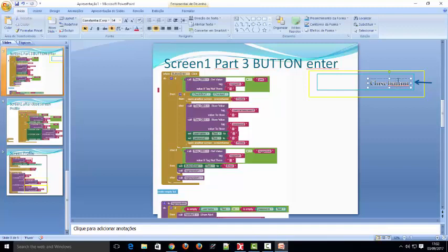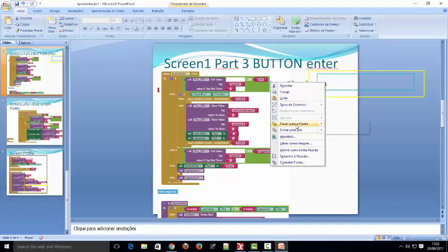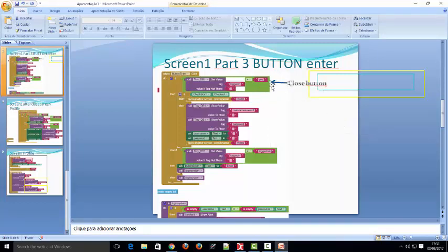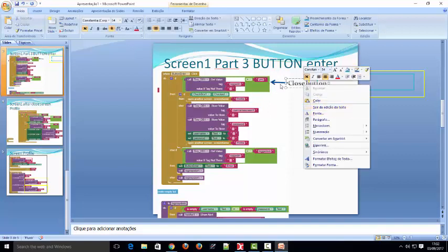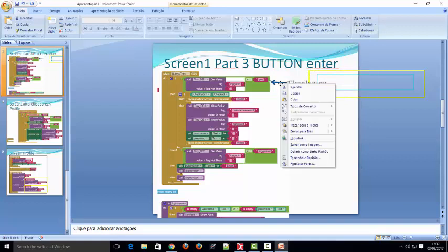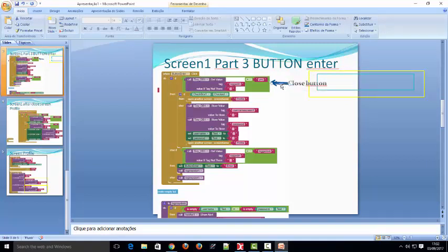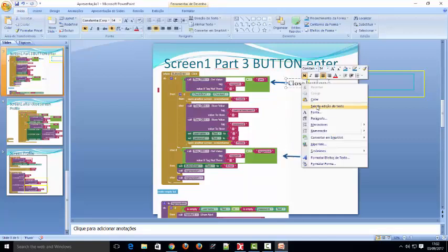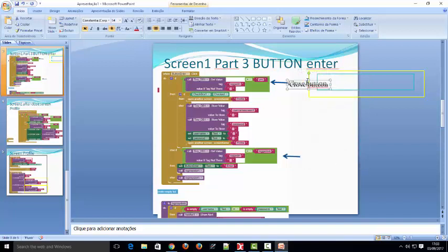So here we are getting the close button, and here we are getting the logout button. So when we click on close button on the profile screen,